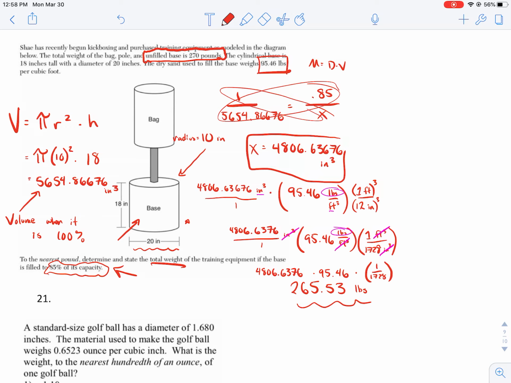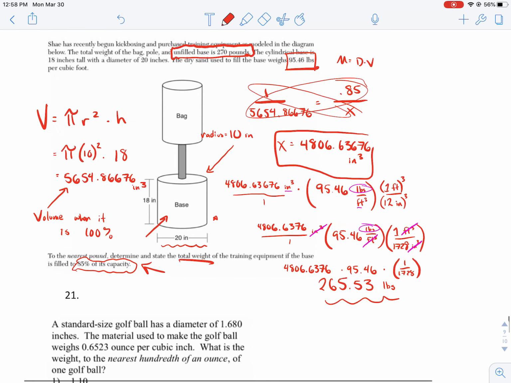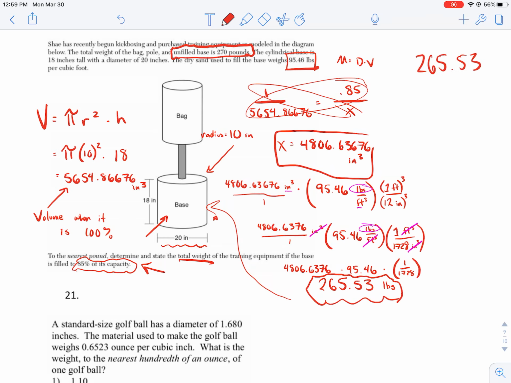Now, we're safe to leave it in pounds because if you look up in our problem, our unfilled base is 270 pounds, or at least our unit of measurement is in pounds. So we just have to remember that this right here isn't our answer. This is the weight of that cylinder when it is 85% full with dry sand, because that's what we use to fill it. So now I got to take this